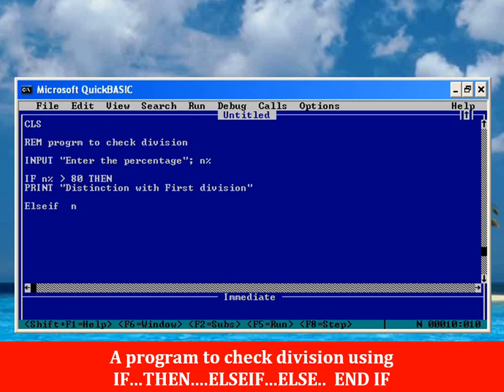percent greater than or equal to 60 and percent less than 80, then print first division. Else if